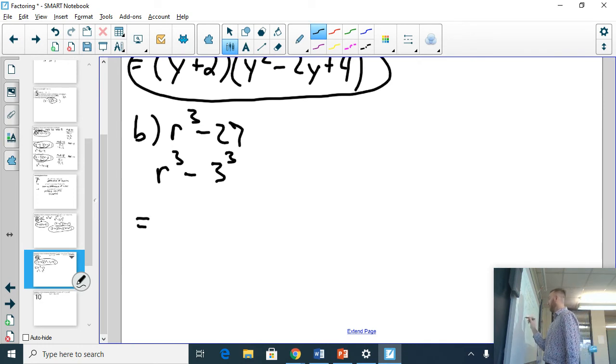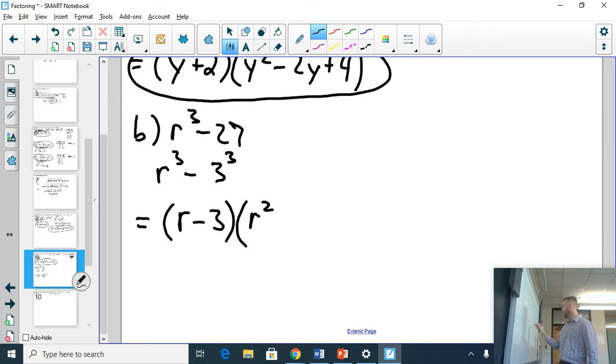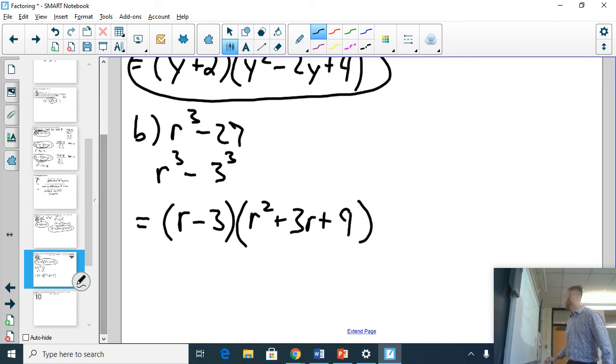So what happens is we have r, we keep the sign, and then we have r squared, and then we switch the sign on this one, and then 3 times r, and then we always add the last one, and that one is going to be 3 squared, or 9. And, you know, just to show you guys that